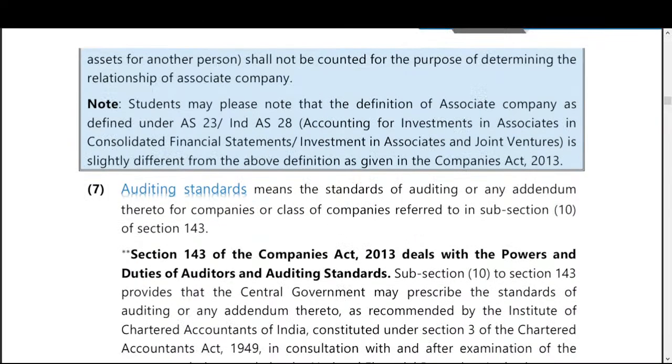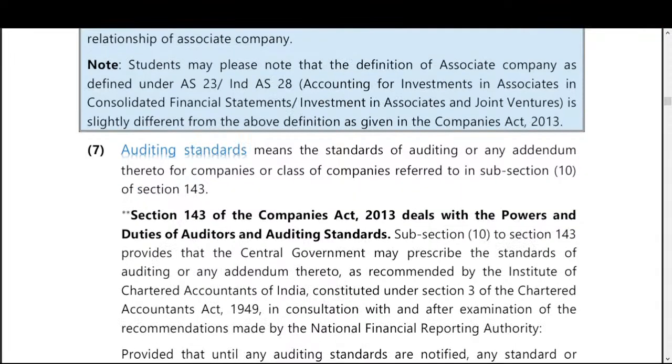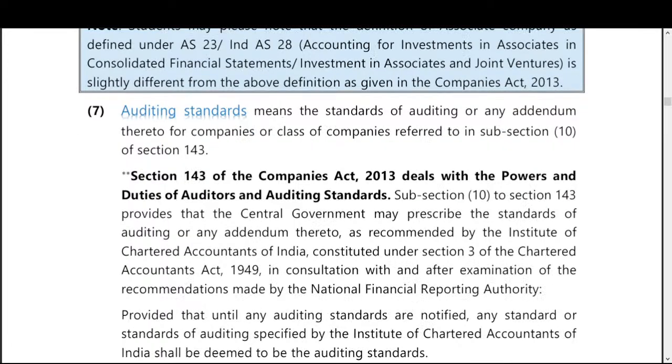Seven. Auditing standards means the standards of auditing or any amendment thereto for companies or class of companies referred to in sub-section 10 of Section 143. Section 143 of the Companies Act 2013 deals with the powers and duties of auditors and auditing standards. Sub-section 10 of Section 143 provides that the central government